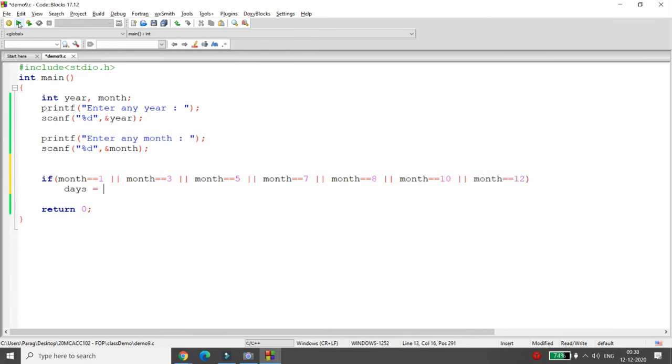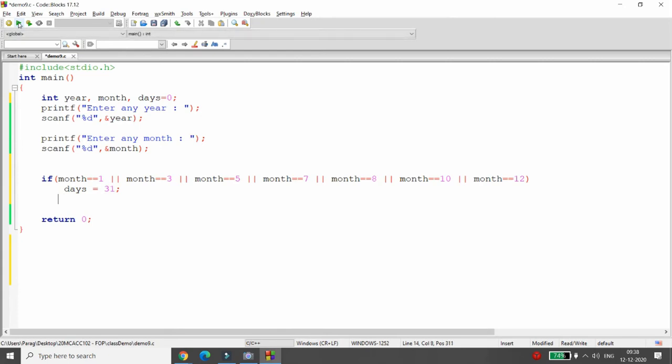Then you can say days is equal to 31. So let me declare one variable over here, that is days is equal to 0. So if month is this, then you can say days is equal to 31.